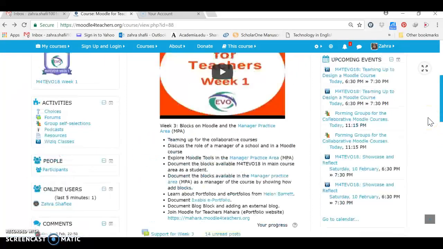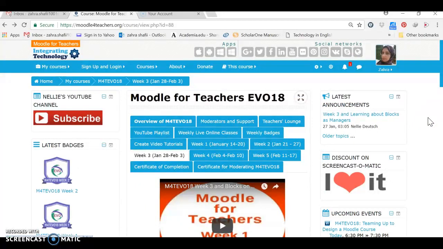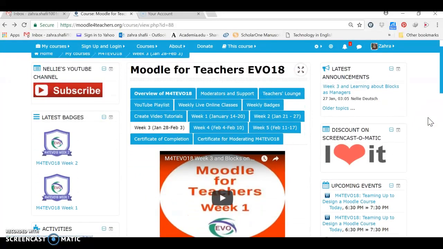Now let's go to the right-hand side, the right navigation bar. There is a block including latest announcements. Then